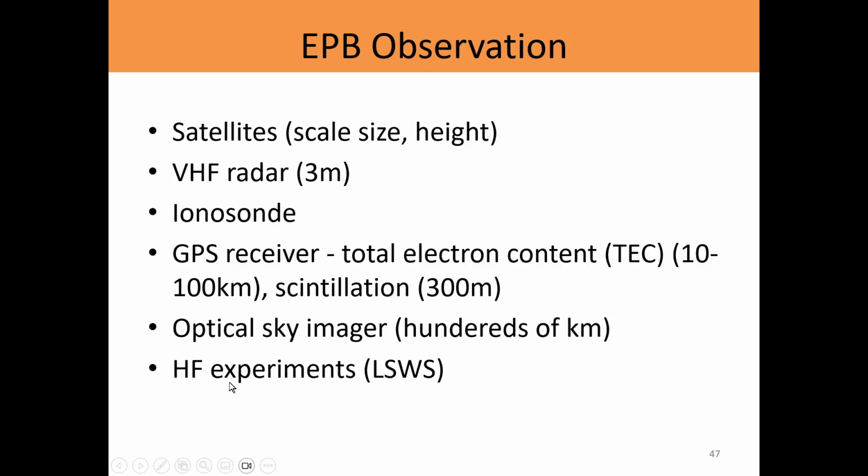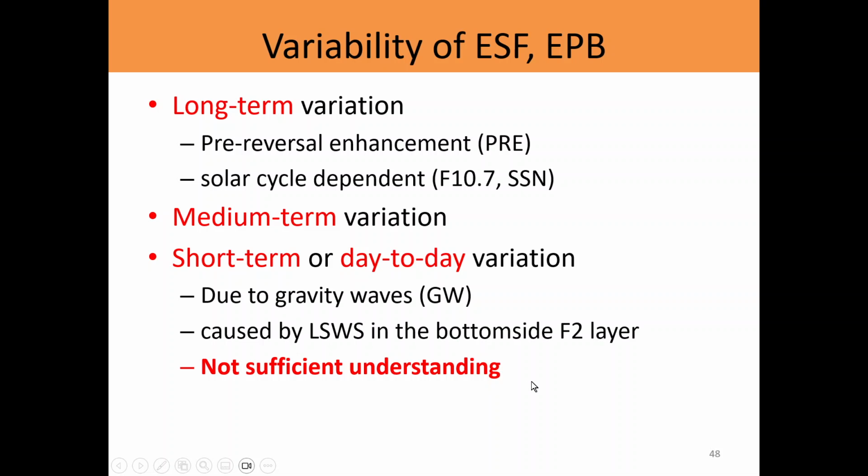And then for HF experiment, this is normally used for large scale wave structure or LSWS. Why? Because between transmitter and receiver, you can change the oblique angle and you can measure different places over a continent. So that's why there are different types of these things. For EPB, or in the old days, some people call it ESF,